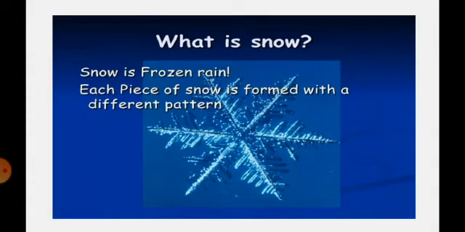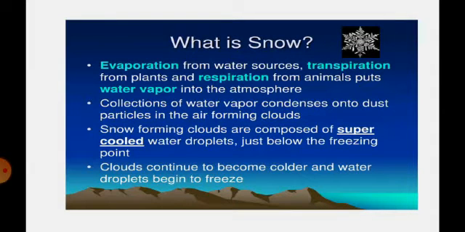And what about snow? Snow is frozen rain. Each piece of snow is formed with a different pattern. Evaporation from water sources, transpiration from plants, and respiration from animals puts water vapor into the